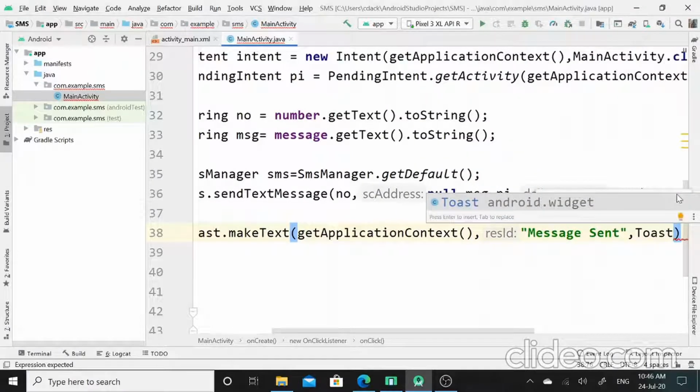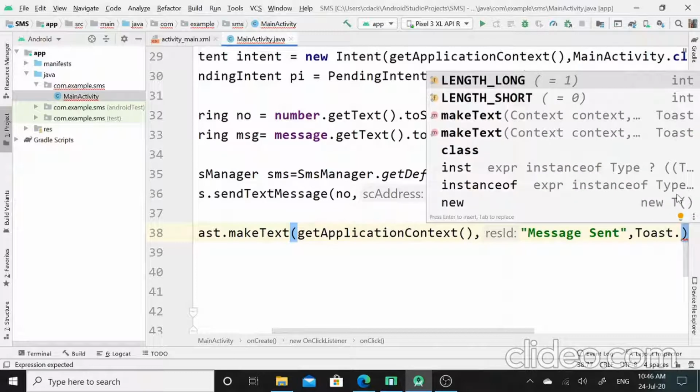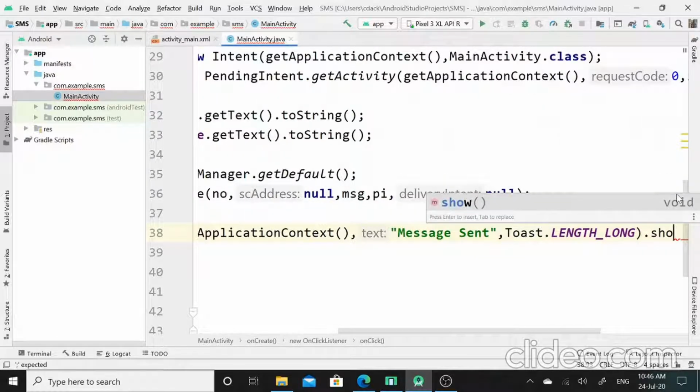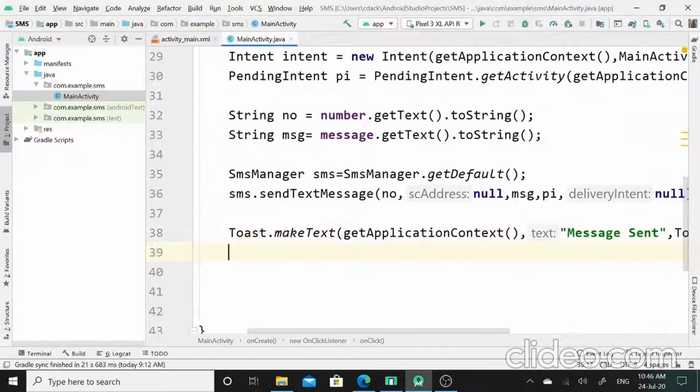Next argument is to set its message duration. So I will call the length long function, and with the help of the show method I will be able to display this message.